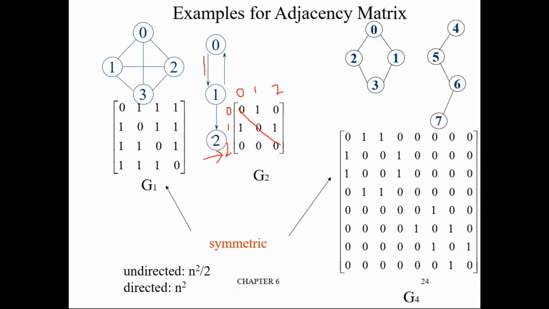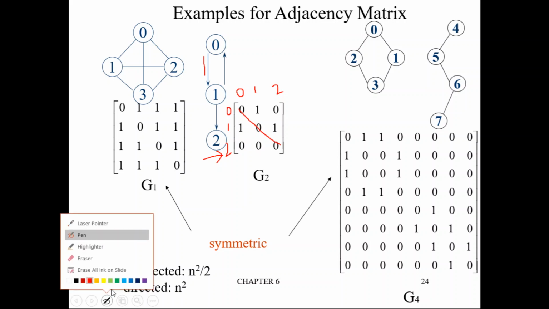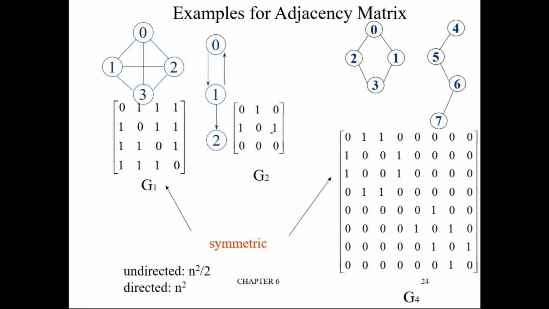Okay, now come to the third, to the second node. Node 2 to 0, is there a link? No link, no edge. Node 2 to 1, is there an edge? No. We have 1 to 2, but there is nothing from 2 to 1 because it's a directed graph, so put a 0. Node 2 to 2, no self loop, 0, right? Okay, so you can see this is an adjacency matrix for a directed graph. This adjacency matrix, it is not symmetric.